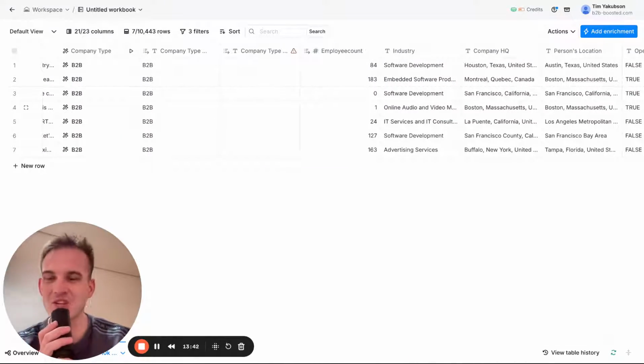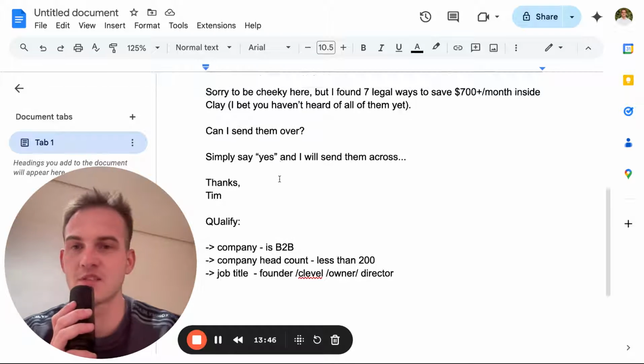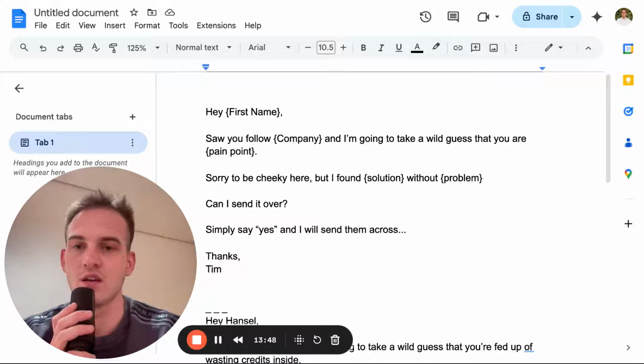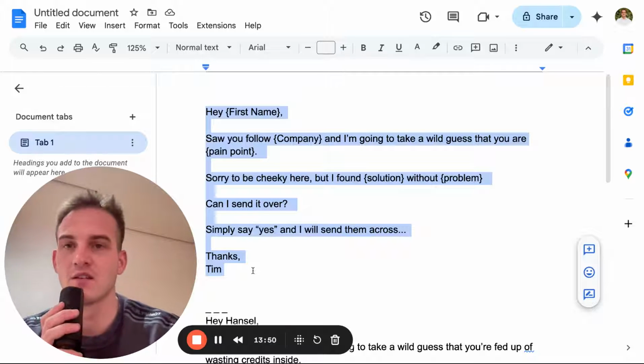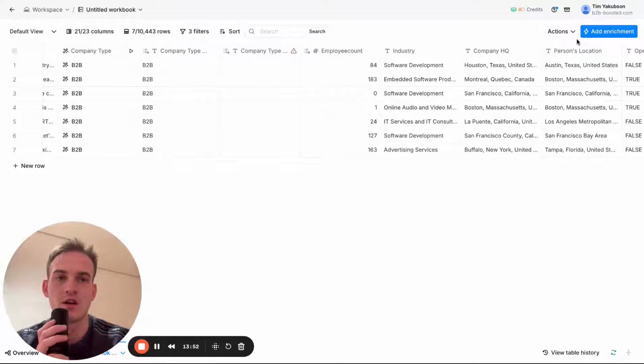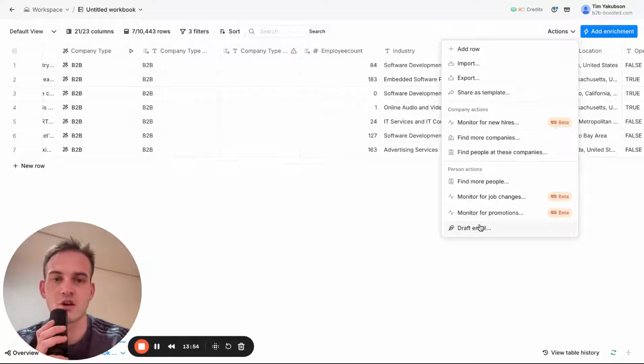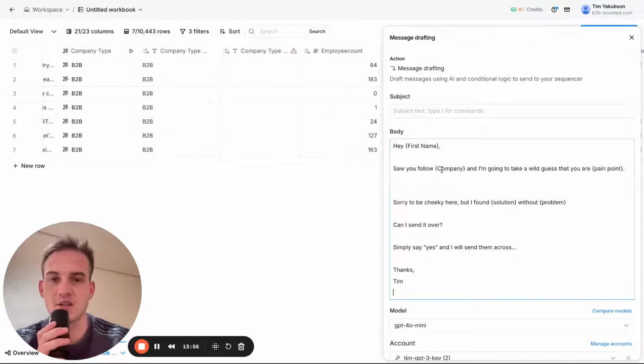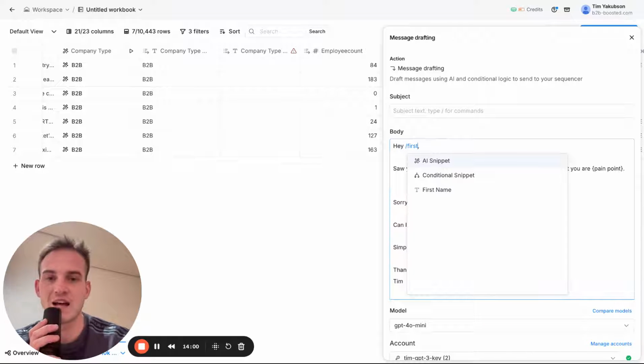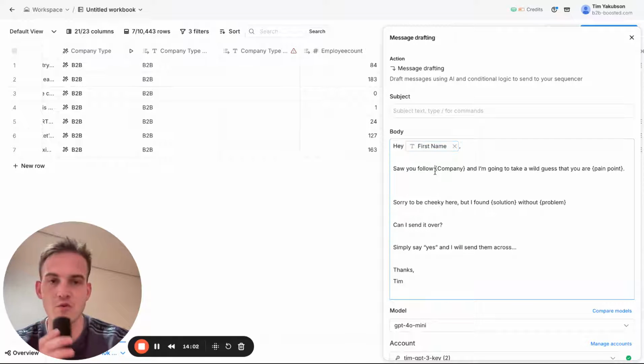On the basis of this information, you can do quite a few things, but in simple terms, the most simple thing that we can do here is copy and paste this entire template that we just wanted to send out to them. Click on actions, click on draft email, copy and paste it, type in "hey", replace it with a slash, first name, so you follow,